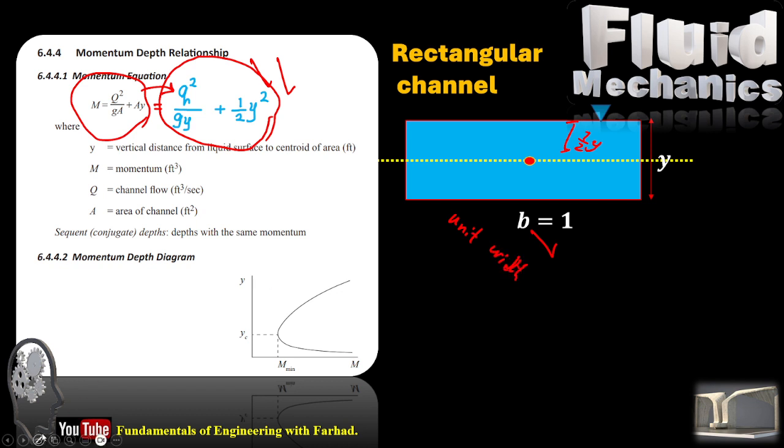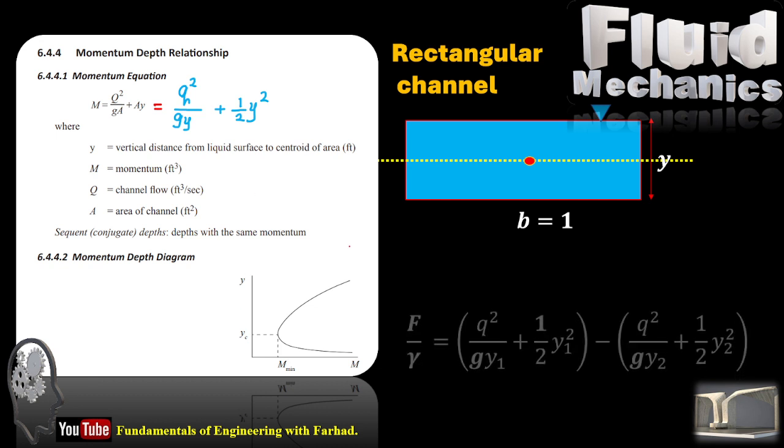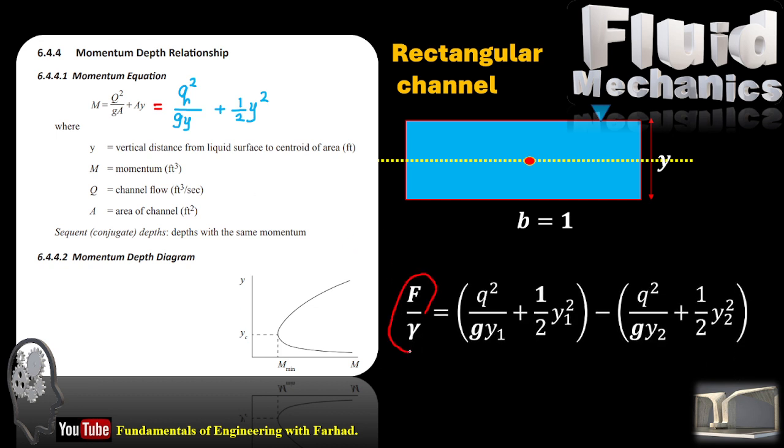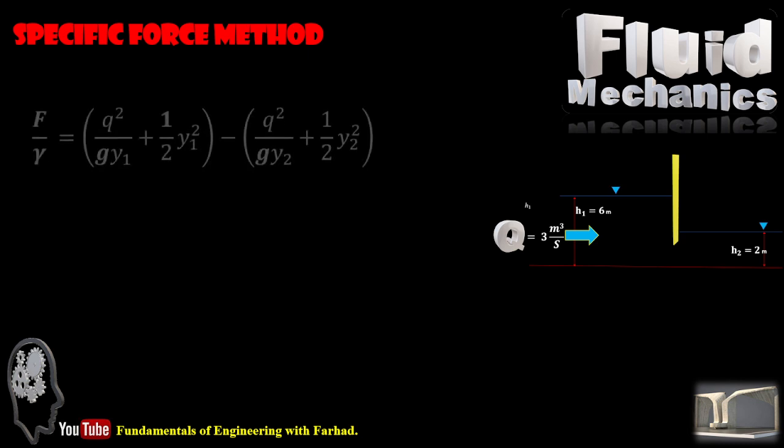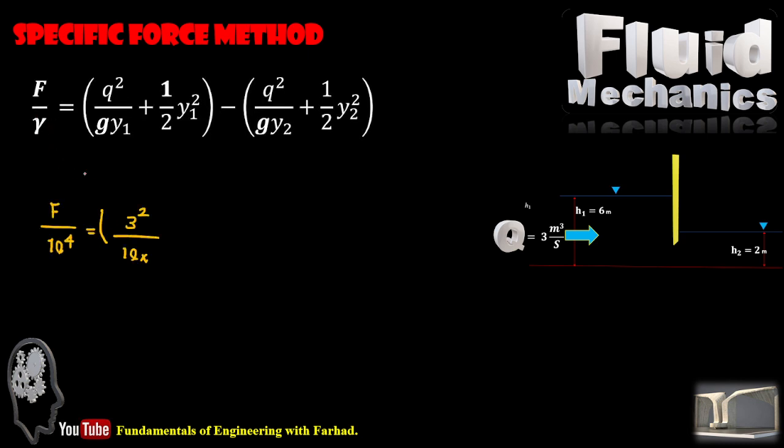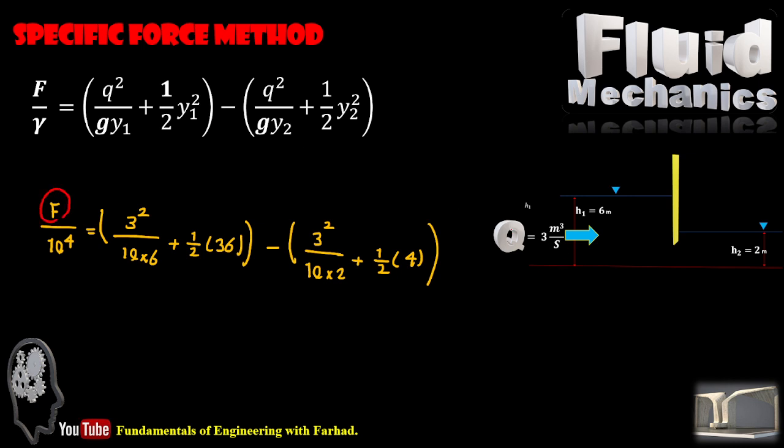then you can jot down the equation for F over gamma, force over gamma, equal to the specific force or momentum equation for the first cross section minus the momentum or specific force for the second cross section. So in our case, if we simply jot down F over gamma, gamma is 10 to the force, F we are looking for, Q is, this is Q, we already talked about it,